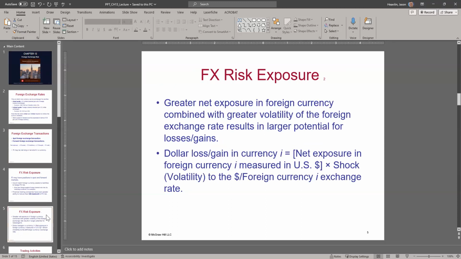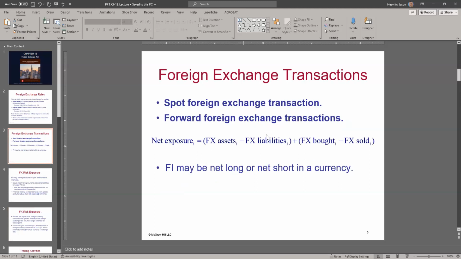Not a direct comparison, but just so you can get an idea. For example, a regular company, even if they're not international, the higher the fixed assets, the higher the risk of the company. The higher the debt levels, the higher the risk of the company. So volatility is not always only measurement of risk. In this case, the net exposure, as you notice in the formula, is a matter of assets, the net assets after liabilities are taken out, and then the net foreign exchange purchase minus foreign exchange sold. The more you buy, the less you sell, your net is positive. It's just increasing your risk. So the more foreign exchange you hold,